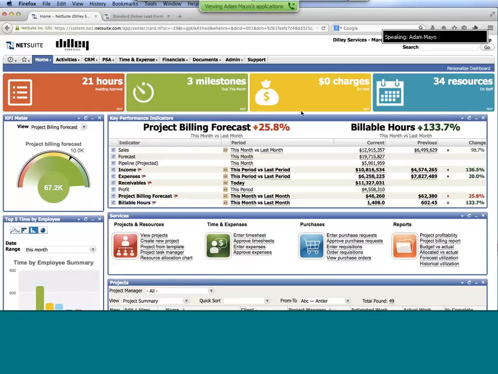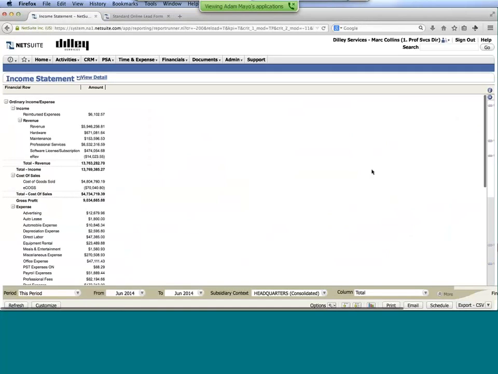Now that I'm back on the dashboard, one other thing I wanted to point out before we get into some of the other core components within the application is a little taste of some of the reporting. I mentioned before we have our key performance indicators, and you can see here I have the ability to go in and drill into any of these values. So for instance, if I wanted to look at our income in more detail, I click on it, and it brings me into our income statement, which was the underlying report that made up that value. And from here, it's an interactive report. I can manipulate it right on the fly as the end user.